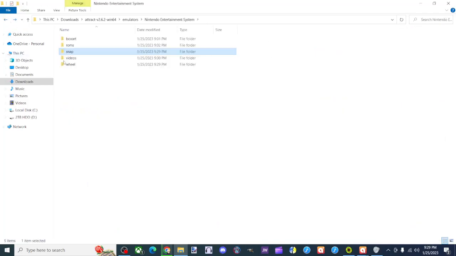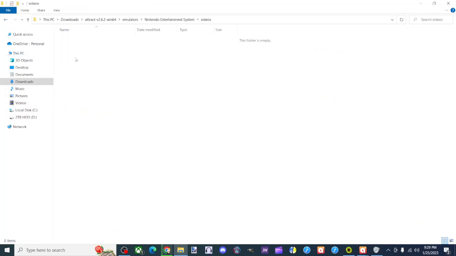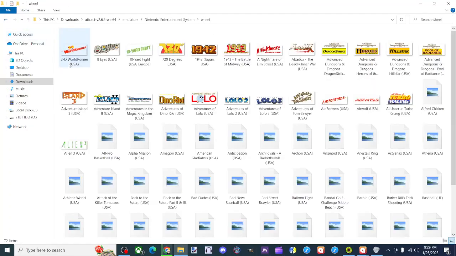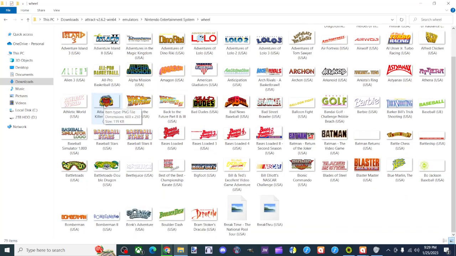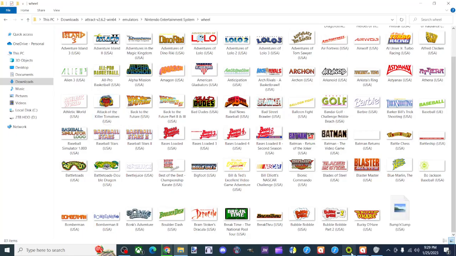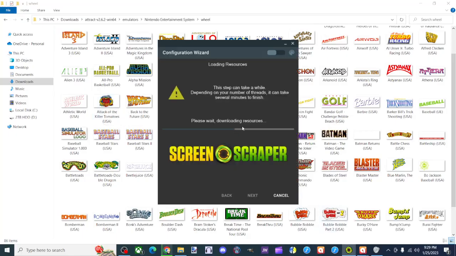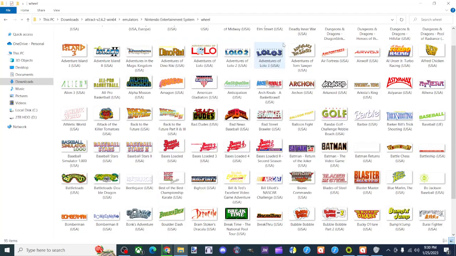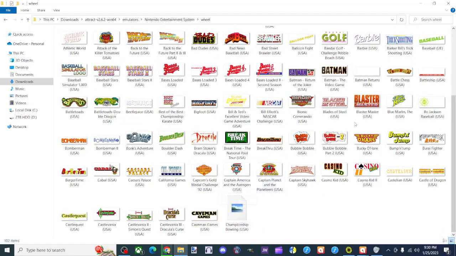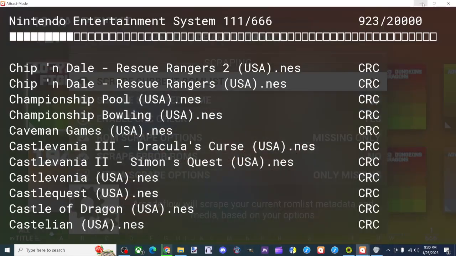All right, let's take a look at the videos. So far it hasn't scraped the videos. That's okay. Let's see if they're scraping the wheels. It's actually scraping the wheels. Yeah, it's actually doing its thing. Look at that. Okay, so let's go back. It's still downloading. It's still waiting. This sure is taking a sweet time doing this. So we're still going to have to wait. But while we're waiting for this to go through, this is a good time for us to go back